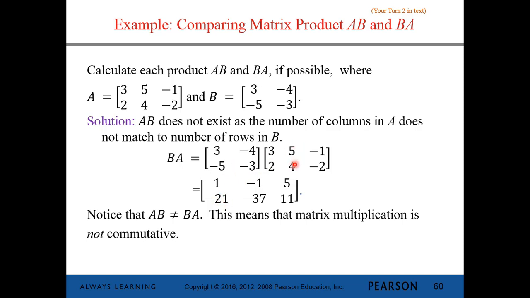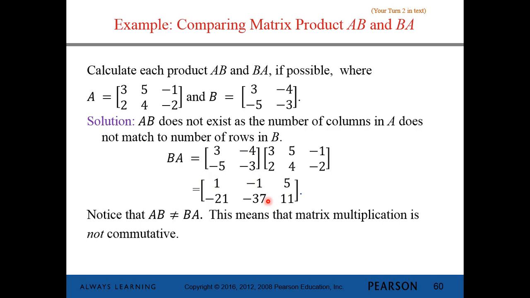And then we're going to go to the second column. So second row, second column now. So -5 times 5 is -25. -3 times 4 is -12. So -25 plus a -12 is a -37. And then finally, we go to the second row, third column, and that's going to give us -5 times -1, which is +5, and then -3 times -2 is 6, which gives us a +11. And so this is our